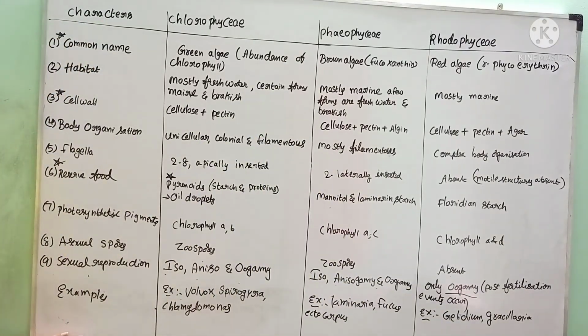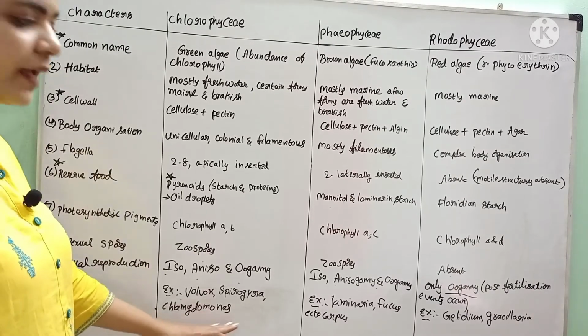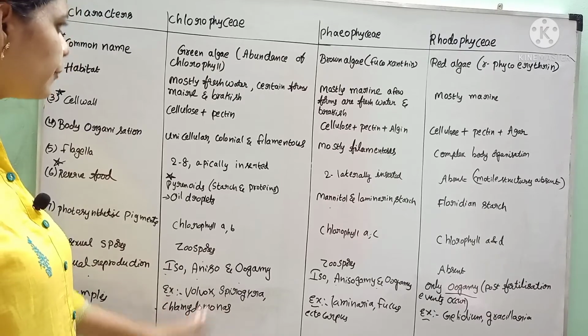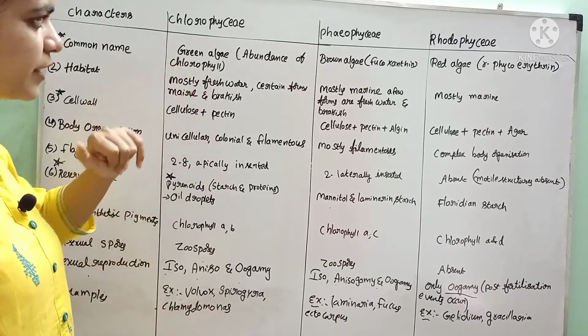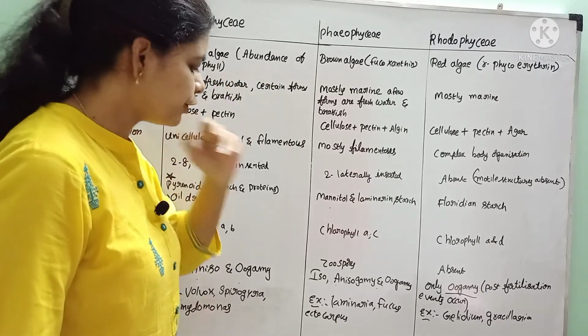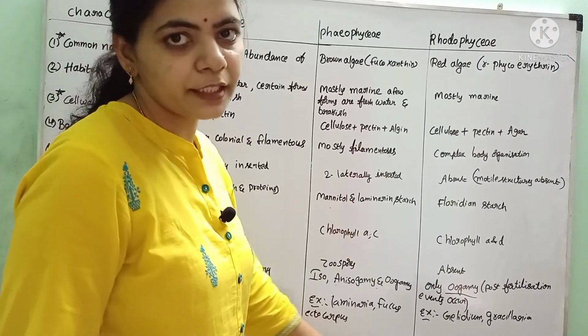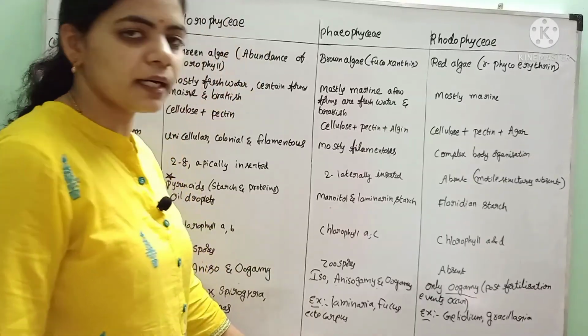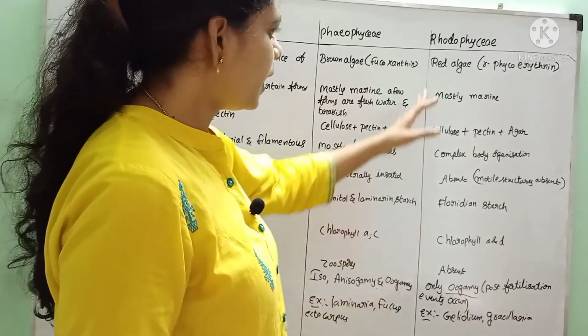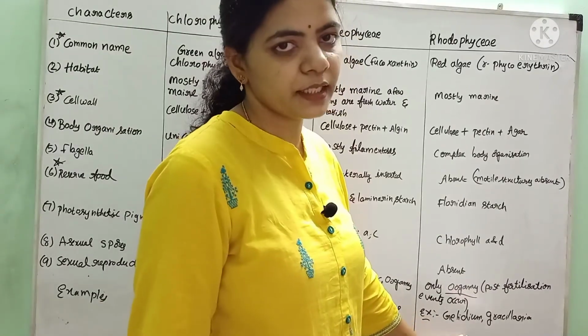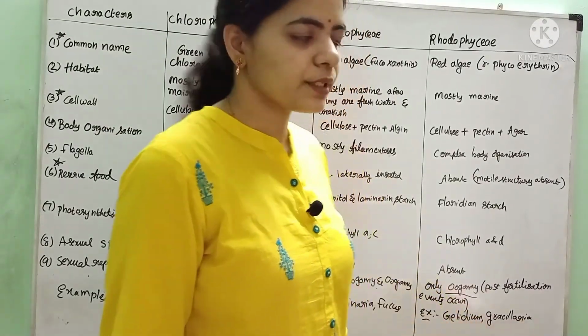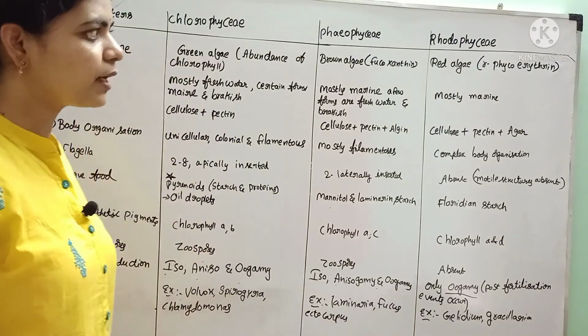And examples for these members are Volvox, Spirogyra and Chlamydomonas. They belong to Chlorophyceae. Examples for the Phaeophyceae members are Laminaria, Fucus and Ectocarpus. And Rhodophyceae examples are Gelidium and Gracilaria. So this is about algae. With this we have completed